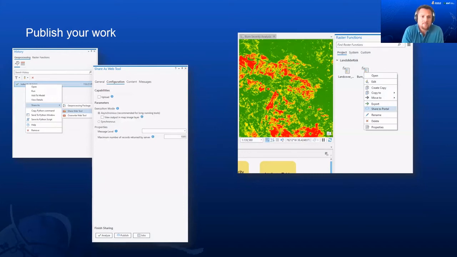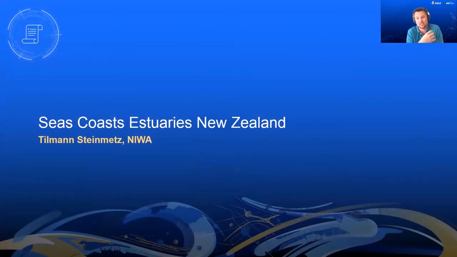And finally, with ArcGIS Enterprise, you can share your models and scripts as well as geoprocessing services. These are web tools that you can share with others and can be accessed from ArcGIS Pro, web apps, and APIs. In the same way, you can also share your Raster functions to ArcGIS Online and ArcGIS Enterprise to share the Raster analysis as well.